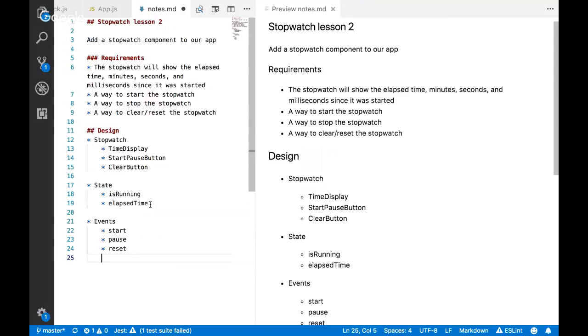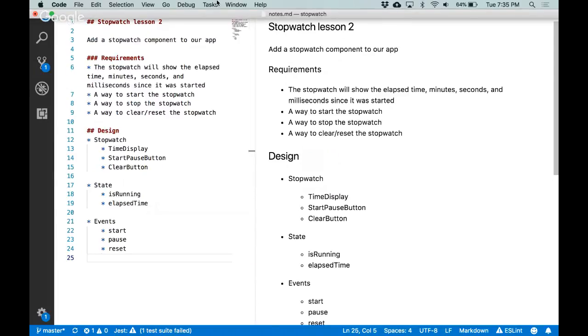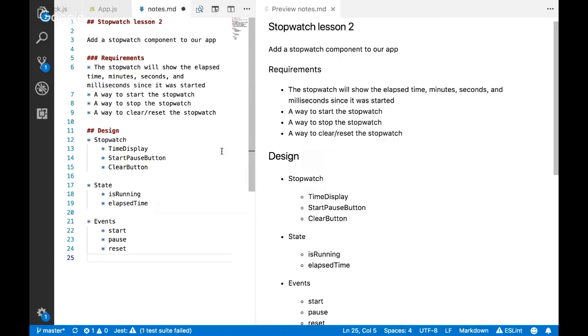So now that you've thought about stuff like this, I think where I would start with any sort of building this out is I would start with creating this stopwatch component, most likely. There are two different approaches to take here for building this out, and neither one of them is right or wrong. When you're just getting started in development, there's at least one approach that's a little easier to start with, and then once you've got a little more experience,